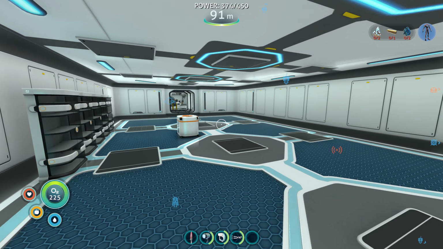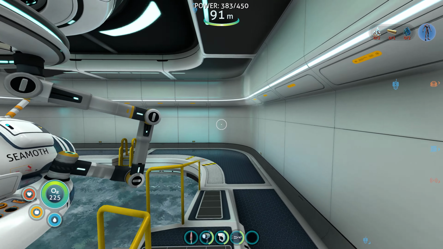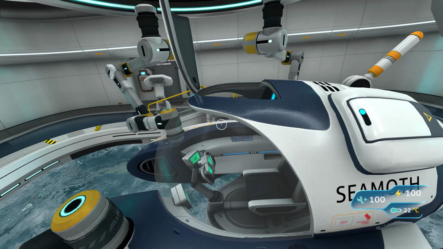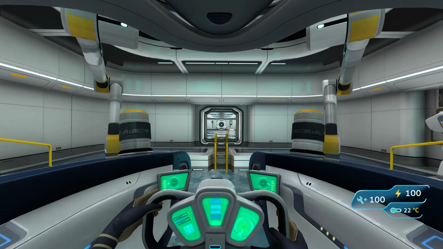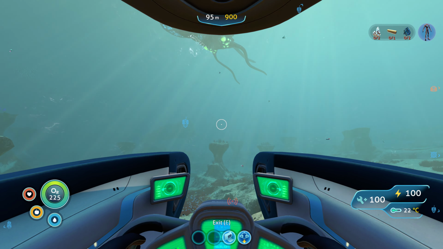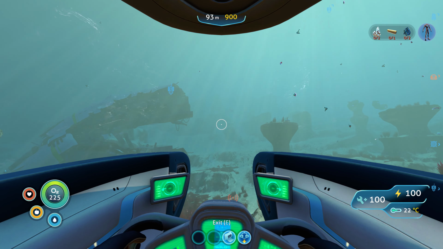Let's get in the sea moth and head out. Verify that I've got power cell and water. Okay. Welcome aboard, Captain. Systems online. There we go. 1.6 kilometers. 500 meters down. Let's see what we're going to...